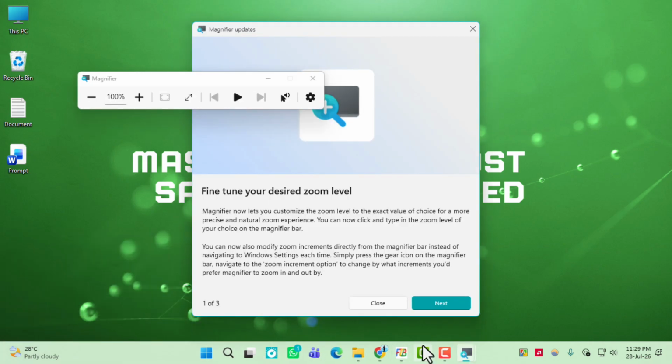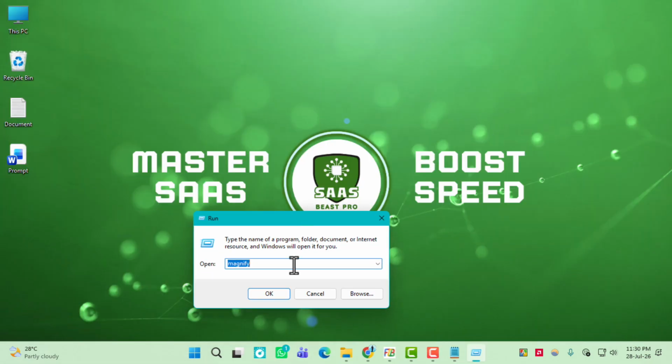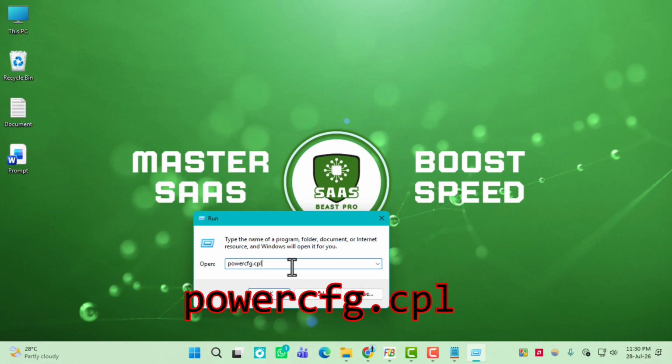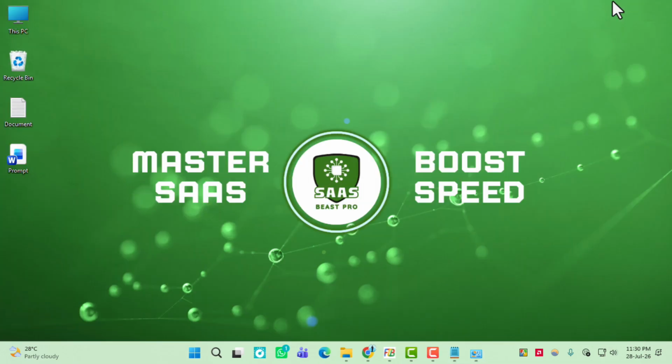To manage your power plan, high performance or power saver, and control your power button behavior, type powercfg.cpl. To view and manage all your Wi-Fi, Ethernet and VPN adapters in one place, type